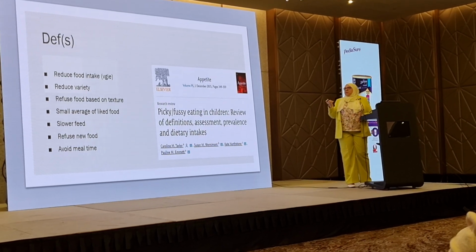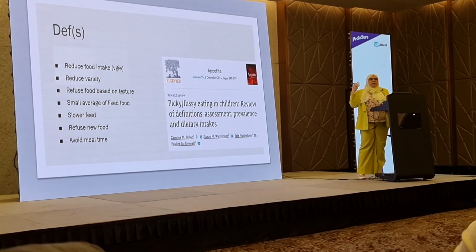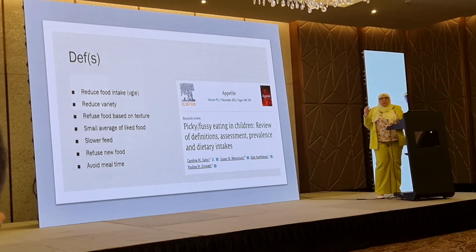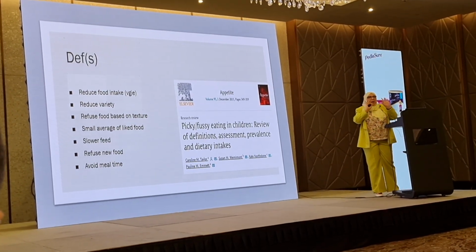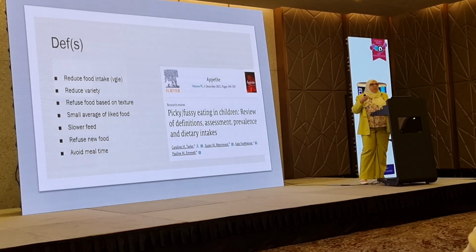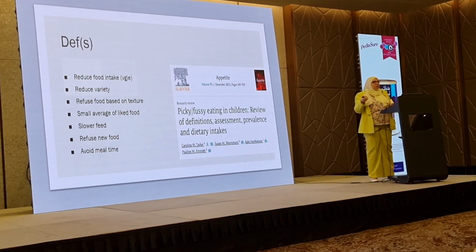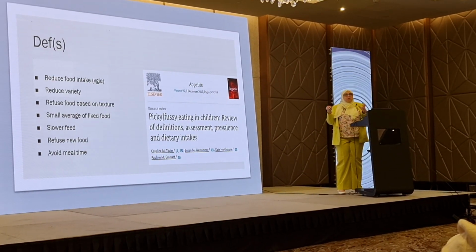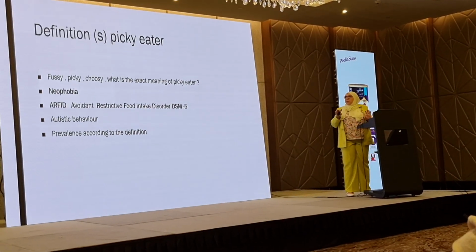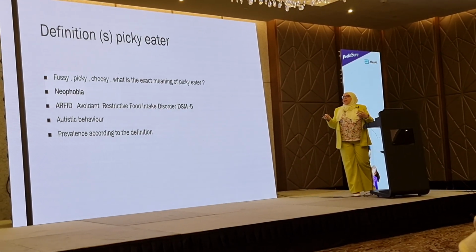Now we have many definitions: reduction in variety, reduction in quantity, the small average of light food, meaning he has a certain number of foods and no more than that. The slow feeder, he takes 20 minutes, 30 minutes to finish his meal. He refuses any new food and he avoids the mealtime. So at mealtime there is a battle. We can define this in